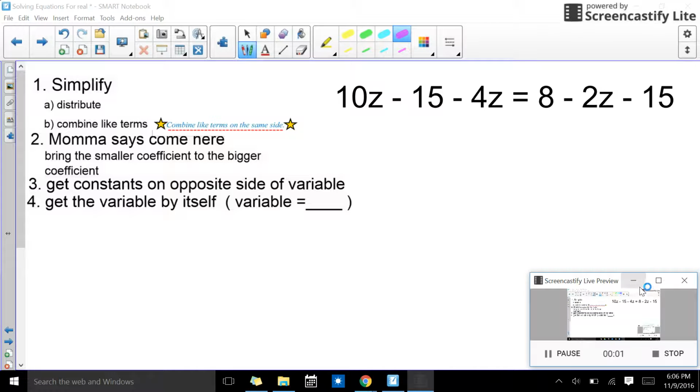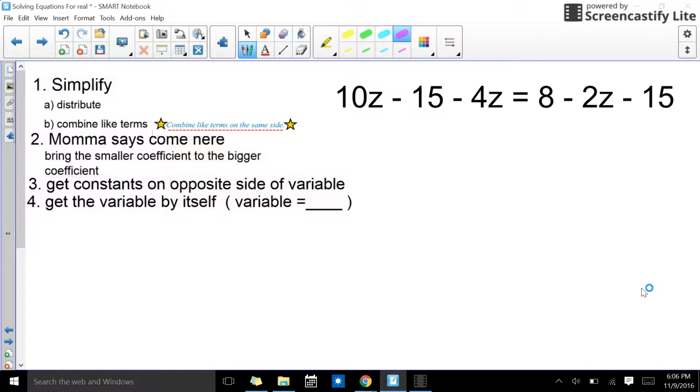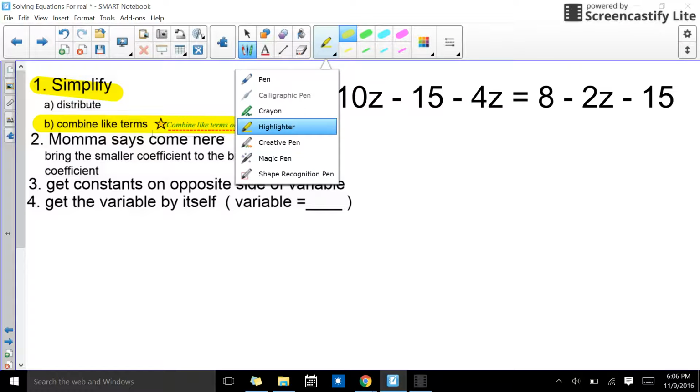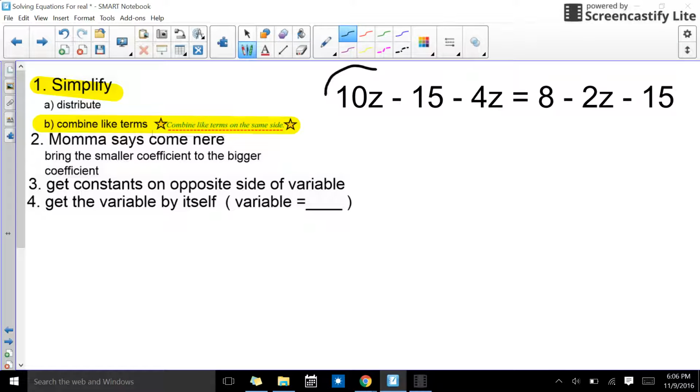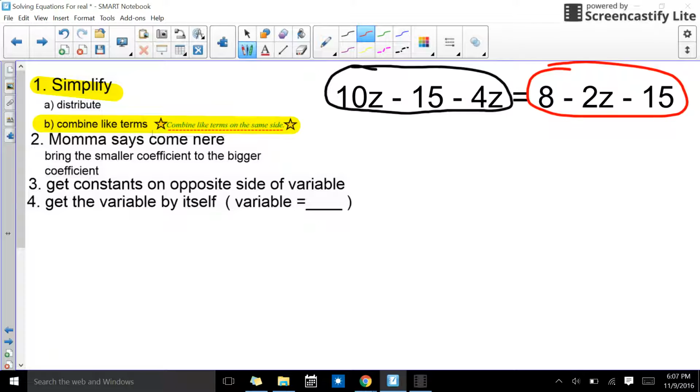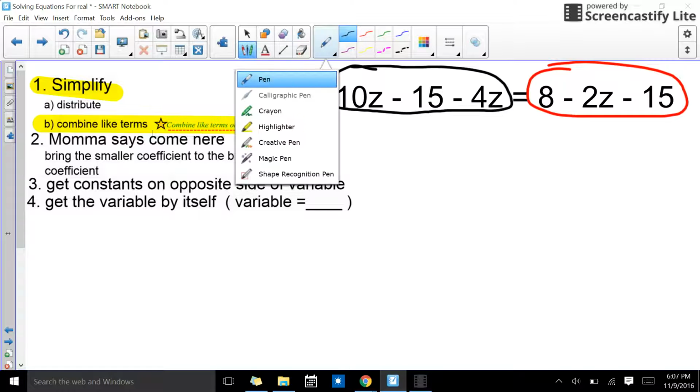Alright guys, let's review from what we did yesterday when we're solving equations with a variable on both sides. Let's start with number 1. We need to simplify. We're not distributing. Today we're focusing on combining like terms: you only combine the terms that are alike with each other on this side of the equal sign, and terms that are alike with each other on this side of the equal sign. Okay? Alright, so when I combine my like terms on the black side, I have 10z